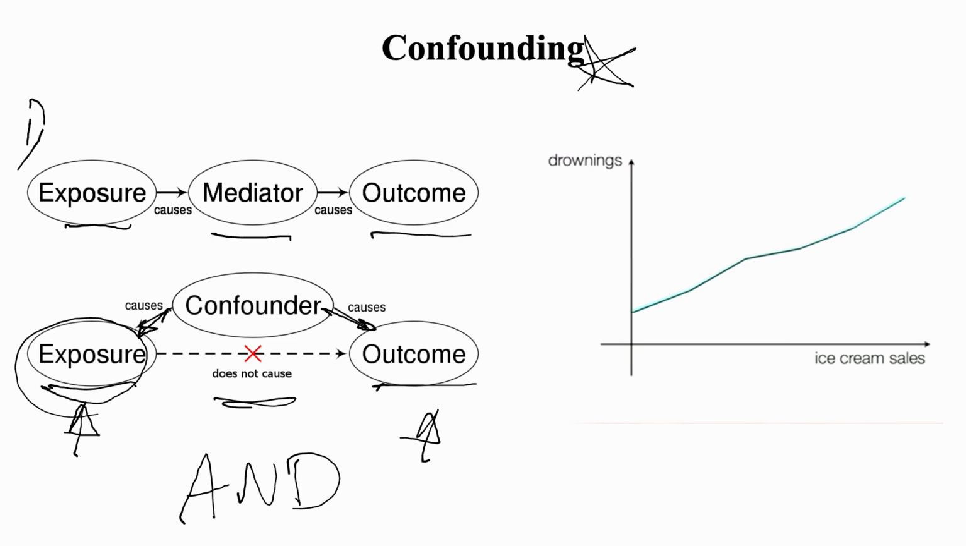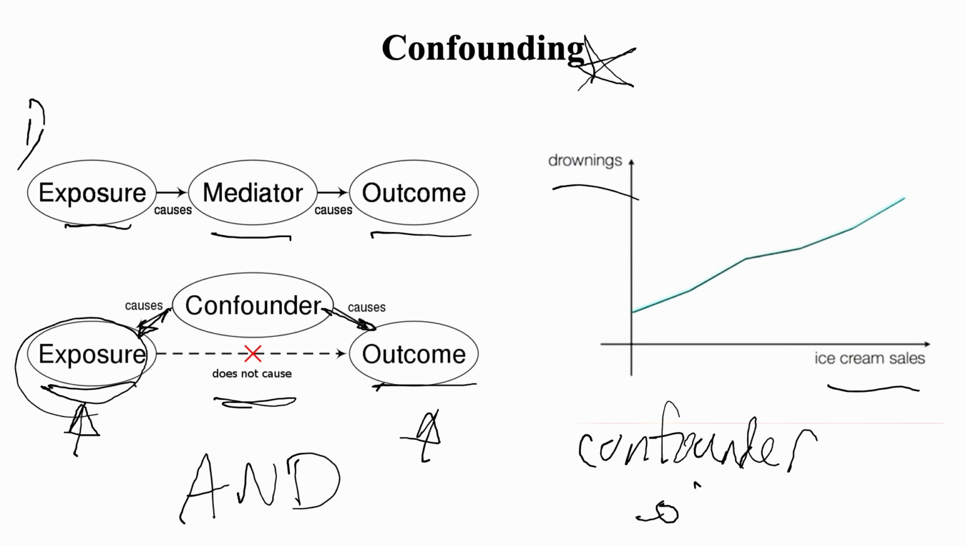exposure and the outcome. One example you can think of is, this is a real chart. This is a real diagram. On the y-axis, we have number of drownings, and on the x-axis, we have ice cream sales. You can see that the drownings increase with more ice cream sales. But then you do a little bit of thinking and you realize that ice cream sales really have nothing to do with drownings, but you have a confounder,